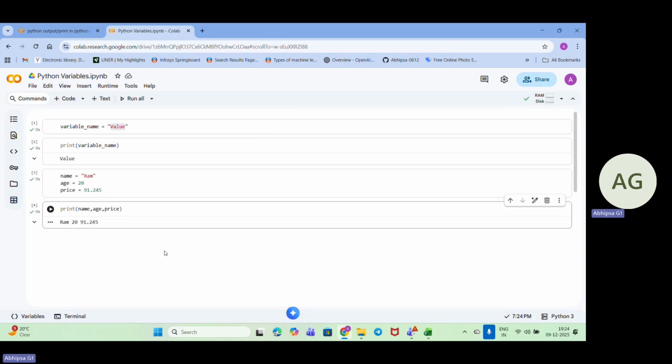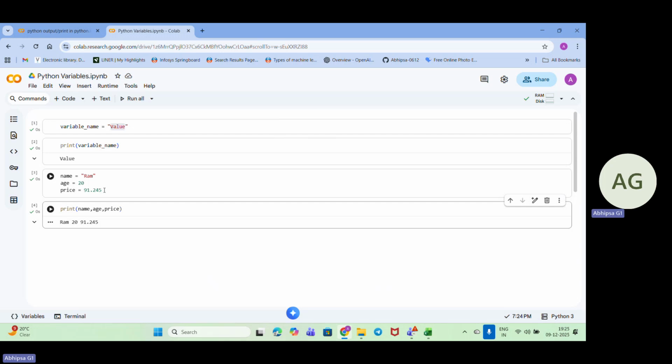Now, the types of values we can store inside the variable. Inside a variable, we can use the string type, like the value I have given, which is in text format. Next is numbers: as I have shown, this is the integer that we can store inside a variable. The float value, that is the decimal value, we can also use.